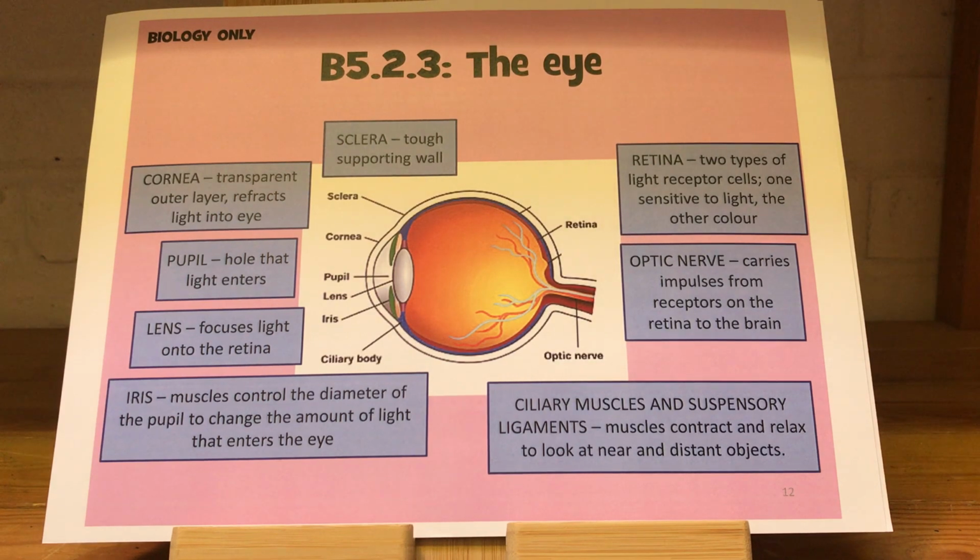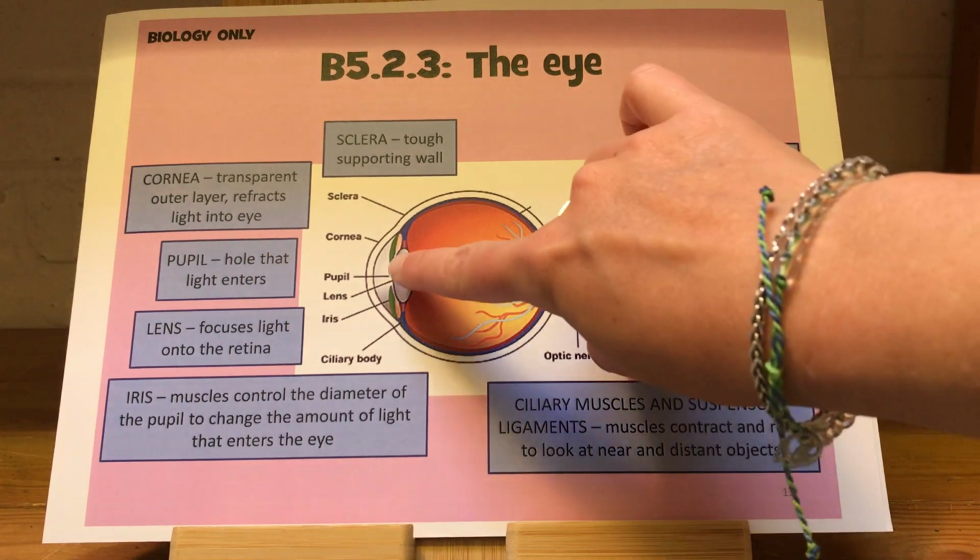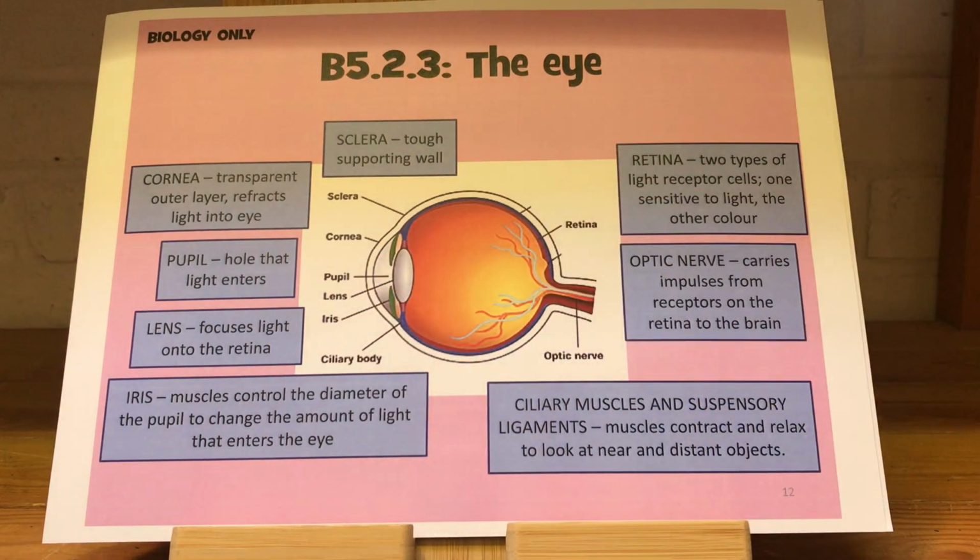That part is able to refract light, so if we can change the shape of it during laser eye surgery, or we can add a contact lens there which changes the shape of the cornea to change the refraction of light, we can adjust someone's vision. We've got the pupil, which we should all know, that's the hole where the light goes through and then hits the lens. The lens is this